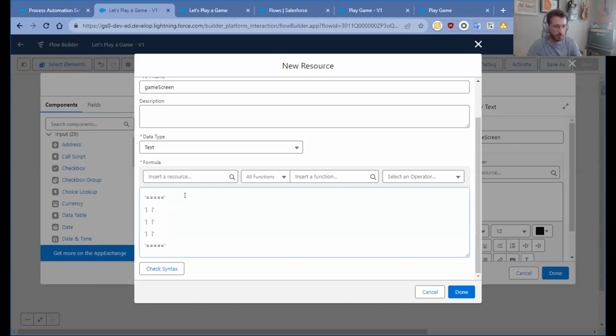And I want to concatenate them together with a line break between them. So I'm going to use the line break function. So what this formula is now doing is it's constructing those very same characters I had previously,